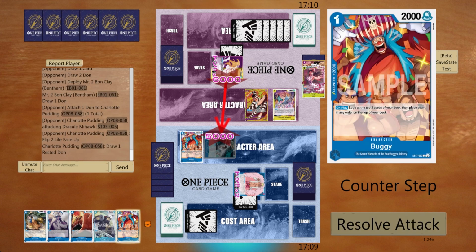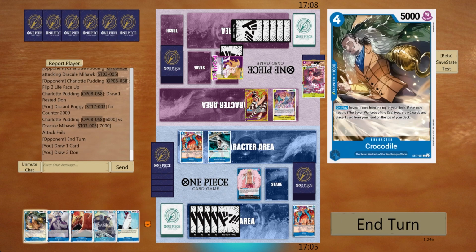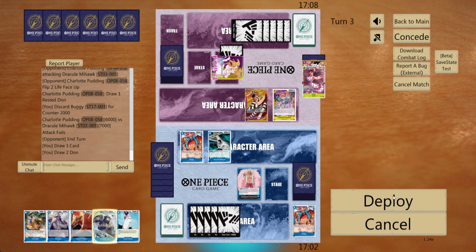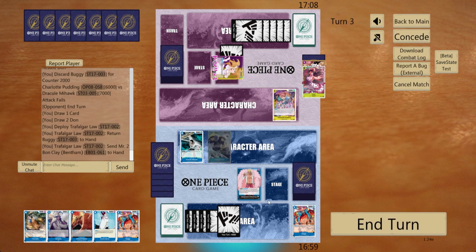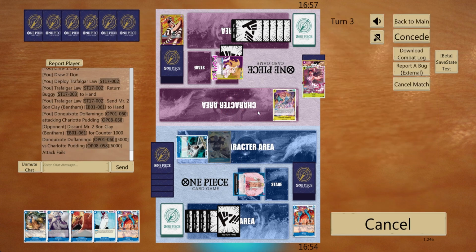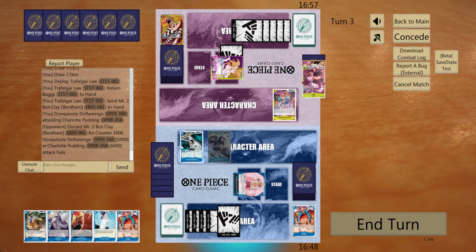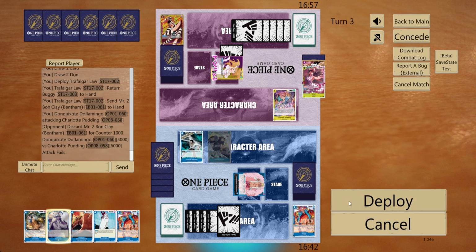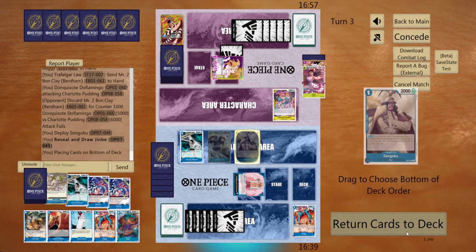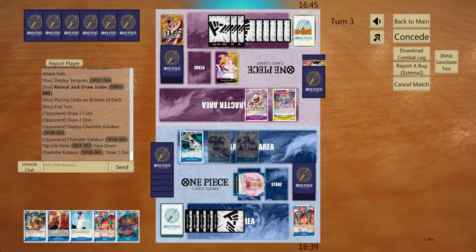I only need 2Ks, so I'll have to get rid of the counter. Okay, so this is always going to happen. Bounce back. And just do 5 here. Actually, no. Actually, it doesn't matter, does it? Well, they can actually swing again, so actually I'm not going to attack. Let's go just Sengoku. Jinbei is nice. You may get Katakuri, but you can't get your swing back. Not that it matters, but...